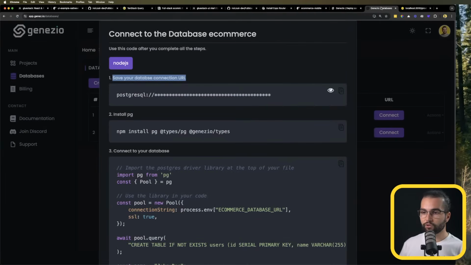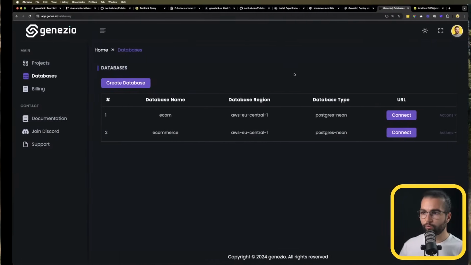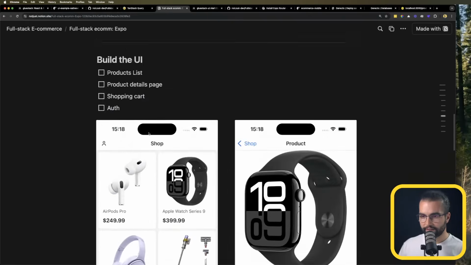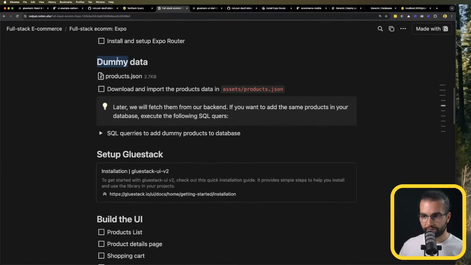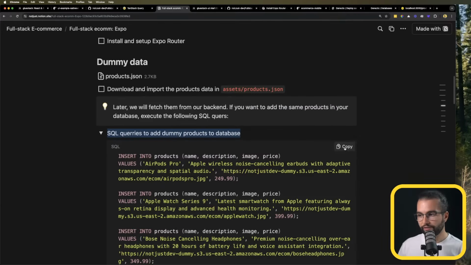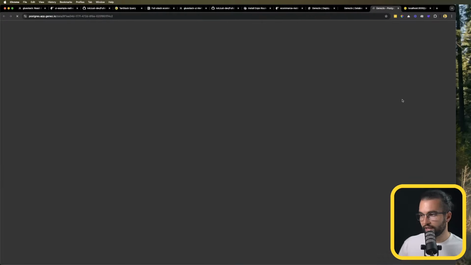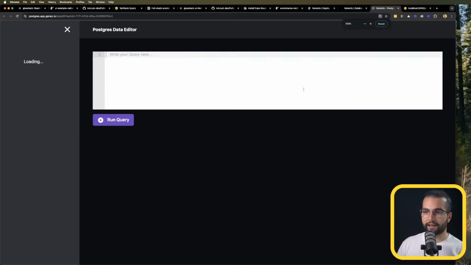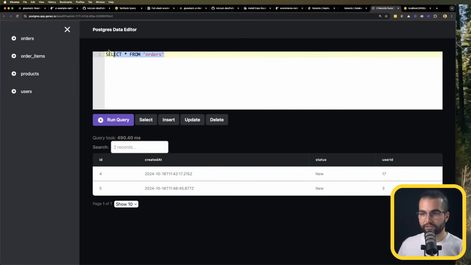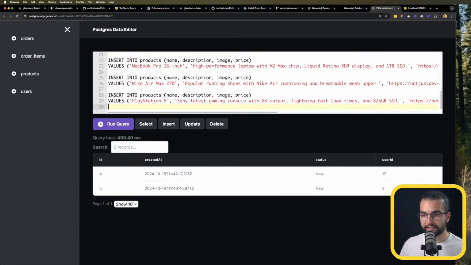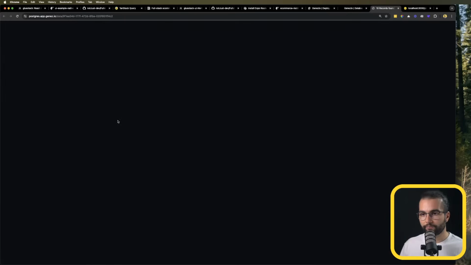So what you can do is go back to our guide. At the top, in the dummy data, I have these SQL queries. So if we copy these SQL queries and go back to Genesio, connect to your database by going to database, here under your database, do actions, view data, that is going to open an SQL editor. So what you can do is comment everything out and paste your SQL queries here, run the query,